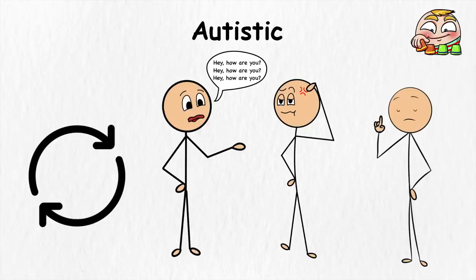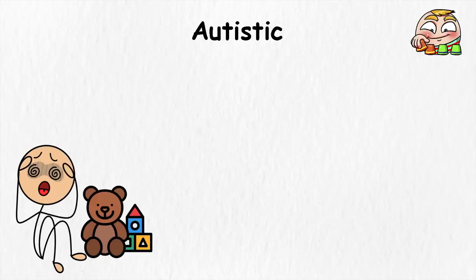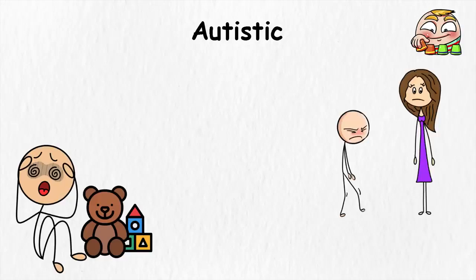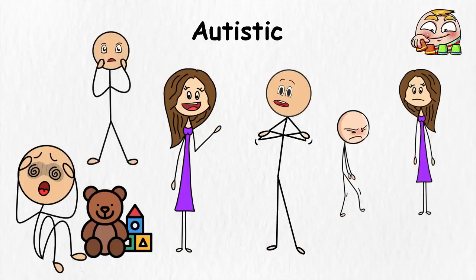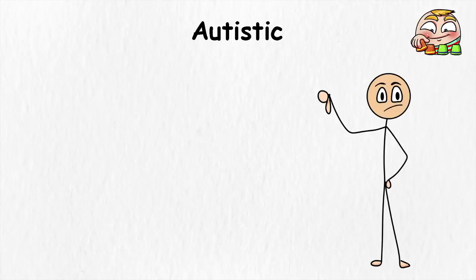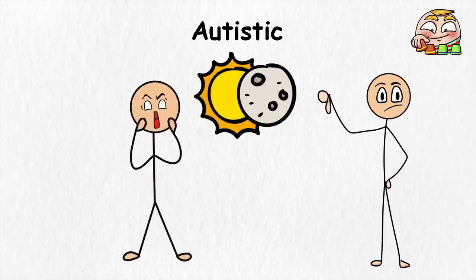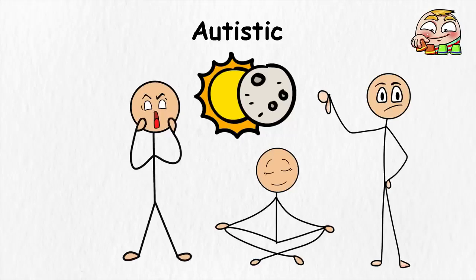Another major characteristic that's often seen in children with classic autism is how differently they interact socially. While maintaining eye contact and small talk can come easy for you, a person with classic autism would find this very difficult. In fact, asking them to make eye contact can feel as bad as asking them to literally stare into a solar eclipse. Then there's the almost ritualistic routine process they have.